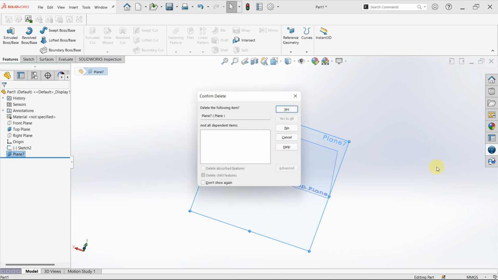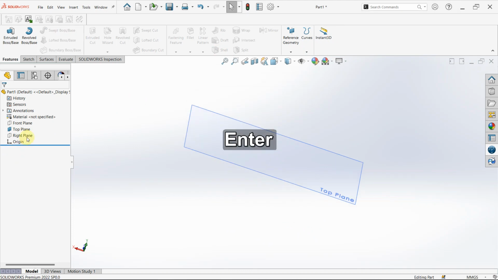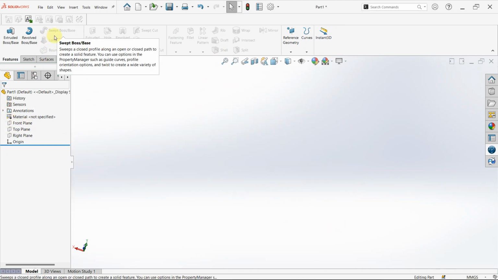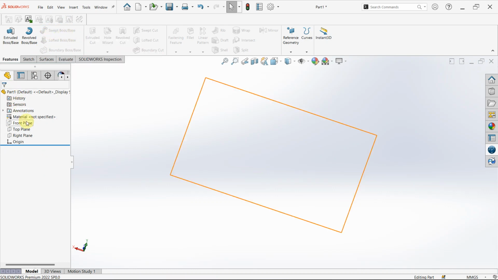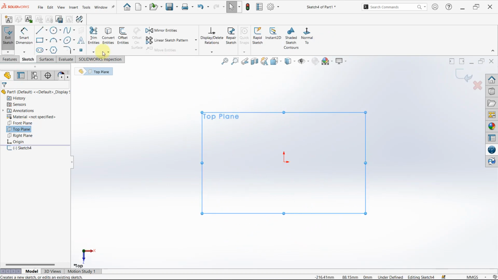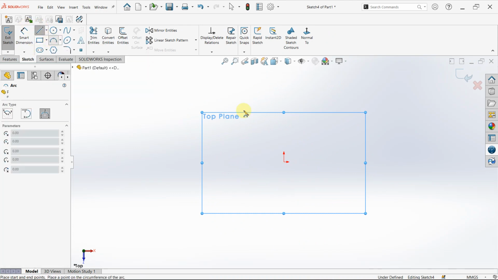Now I'm going to move from how to create plane. So I'll delete this sketch, and I'm going to hide this again. I want to show you how to use swept boss base. To do that, you need to make two sketches. I think in an earlier class I should have demonstrated how to use it. So now I'm going to use